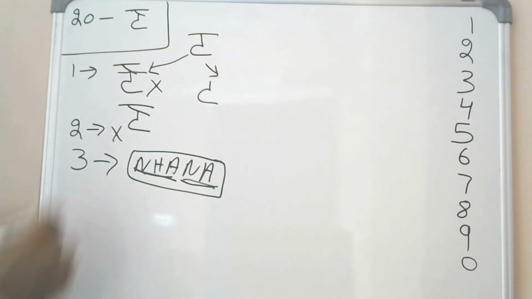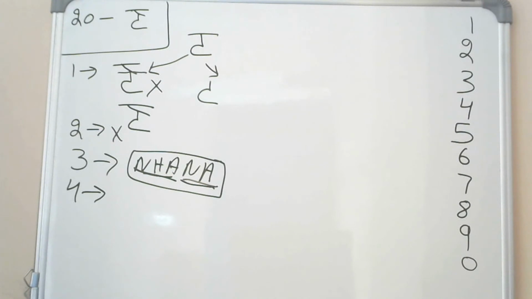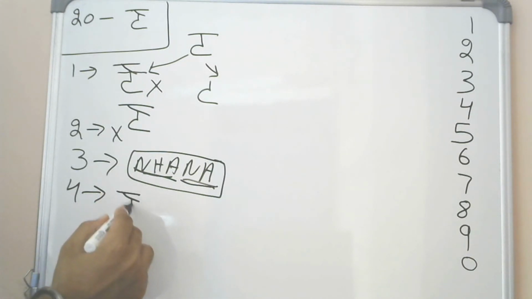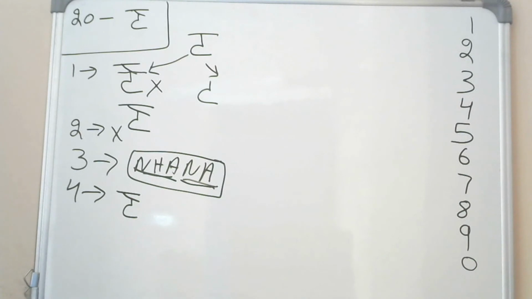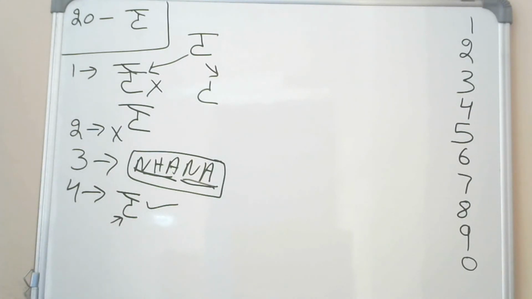The fourth step, how to sound off the letter, it will be Na. Na is the sound of this letter. This is Na. The letter is called Nana, but the sound of this letter will be Na. Nana and Na. And if you have to have the sound of Nana,